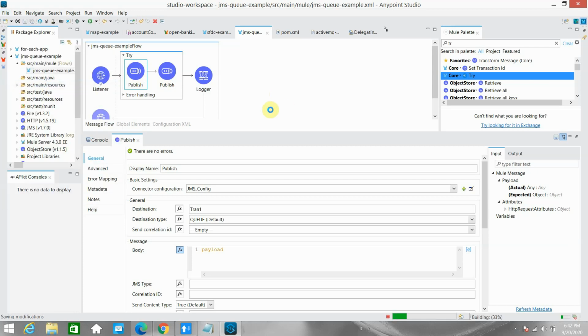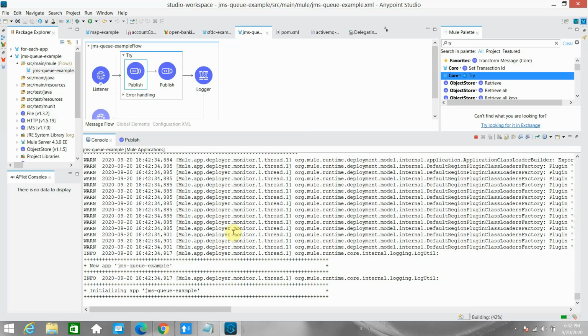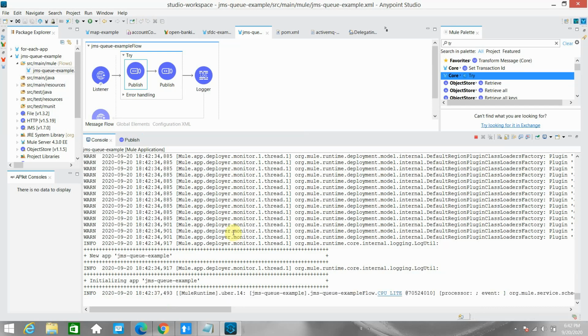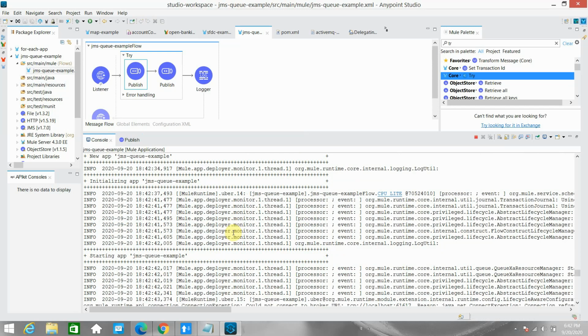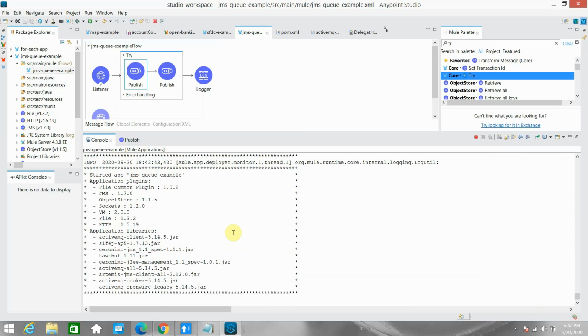Let me save all. So it will not commit the transaction in this case. Let's wait.